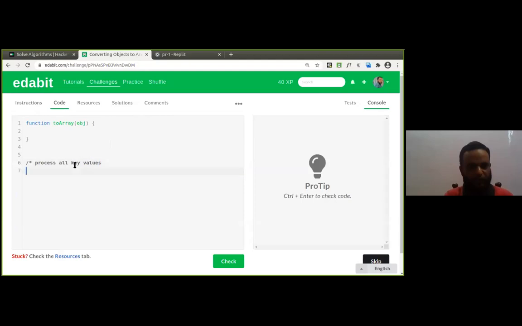Then what we have to do? Take each key and its corresponding value and store it in the form of an array.